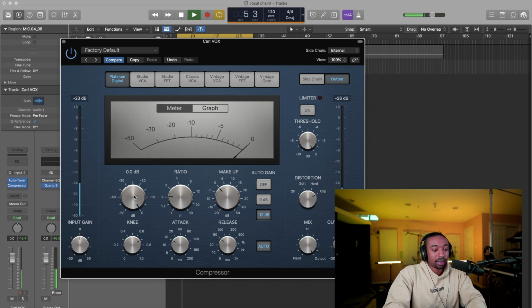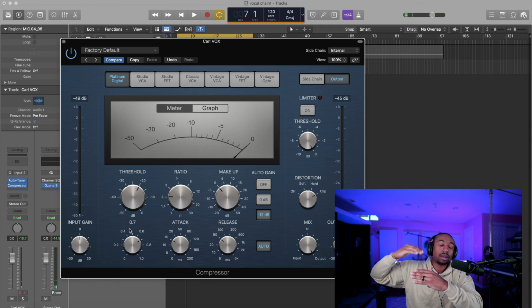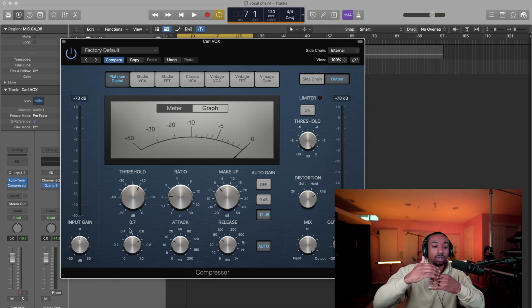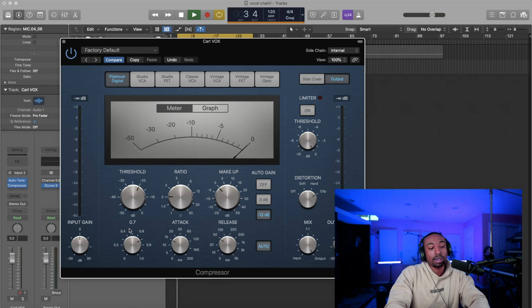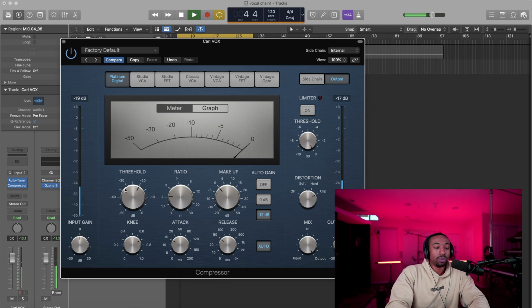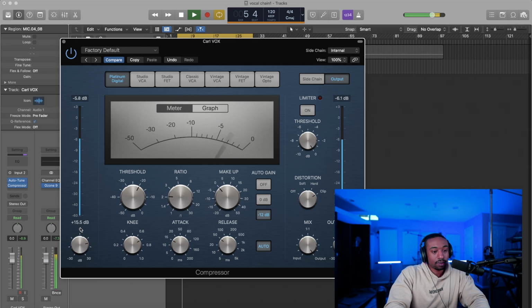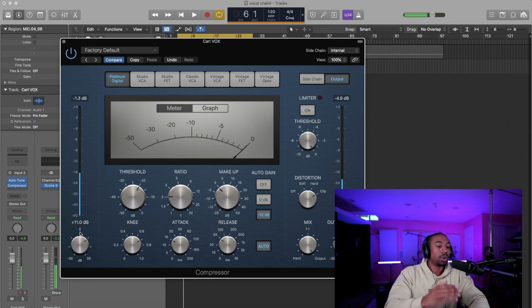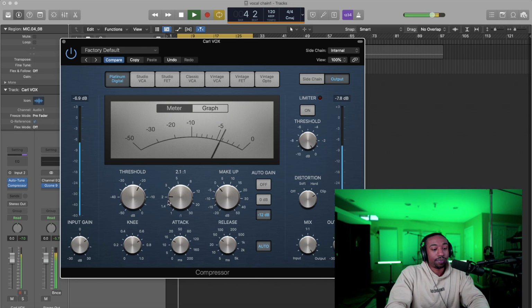Okay, so let's pull this threshold down until we start grabbing some of that vocal. Now, when you're compressing vocals, you compress differently than compressing a song. I'm not saying this is the do-all for every single song, but the general starting point for a compressor is negative 20 dB. If the compressor isn't moving, you want to push up the input gain. For this vocal, I can take out a lot of dB because this compressor sounds really good.